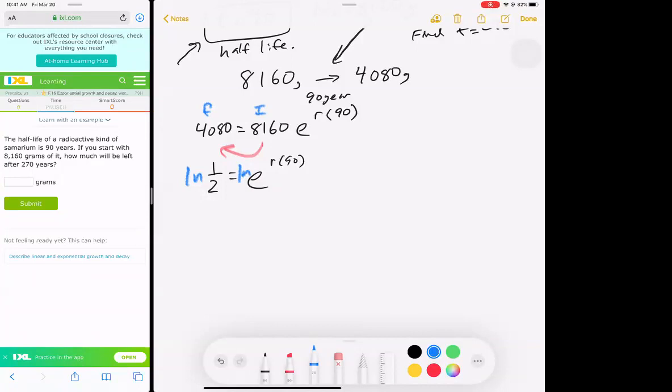Sorry, F was our final value. And I is initial. Right, so,